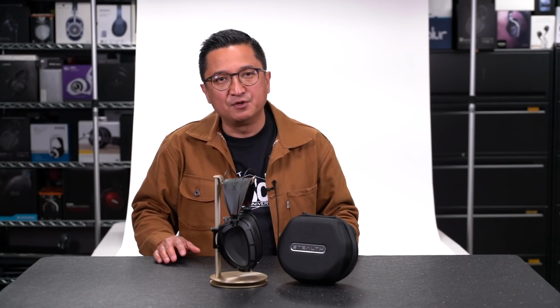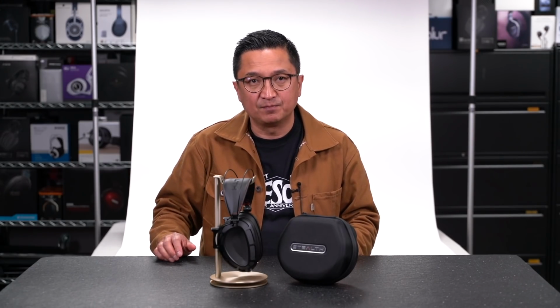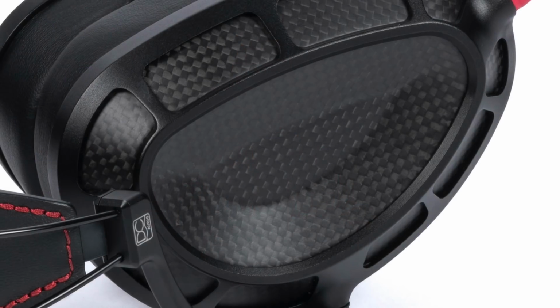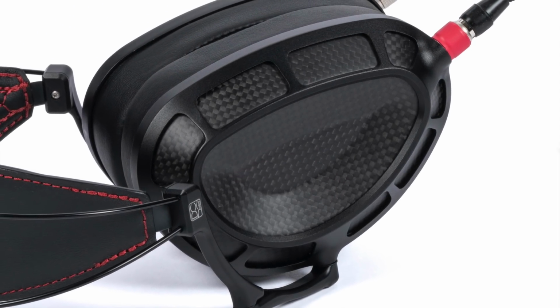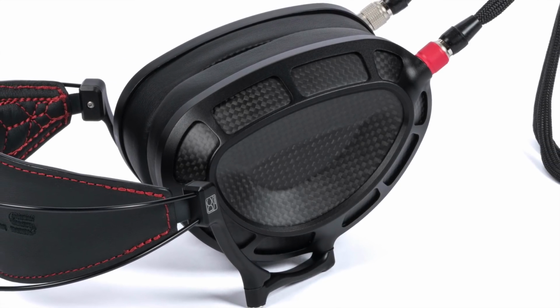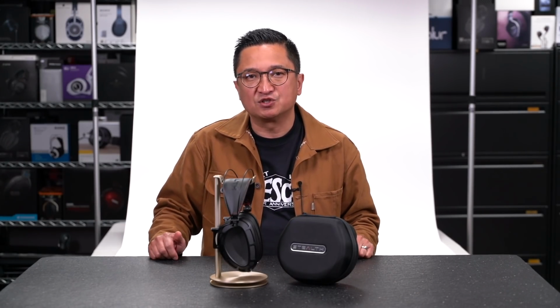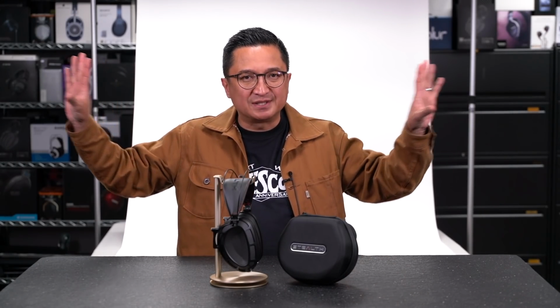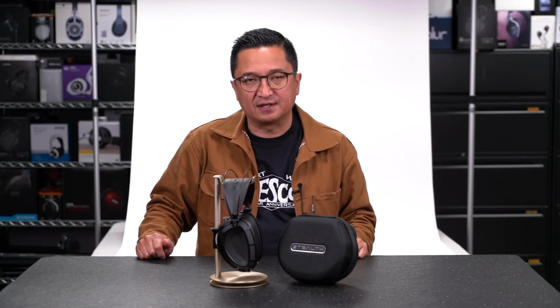There are reasons why the majority of the most revered flagship over-ear headphones, the ones many in our community consider the best of the best, are open-back designs. When you put a headphone driver in an enclosure, covering its backside as you do with a closed-back design, all sorts of challenges arise. Remember that drivers radiate sound from their backsides too. With an open-back design, the sound coming from the driver's backside is much less consequential, free to dissipate and escape into the ether. Close it off, though, and there are reflections and standing waves to contend with,